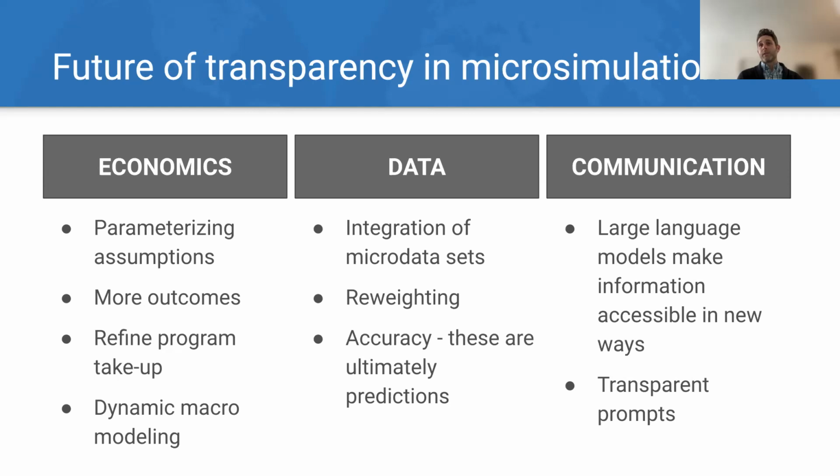So yeah, with LLMs, you'll be able to say, here are the policy impacts for you in plain English, not just a table or a chart. They can help people navigate these cliffs in different ways or understand the implications of different choices that they might make in terms of labor supply or anything else. But also, of course, it's a risk because it is not transparent in some ways. We don't know how these LLMs are working behind the scenes.